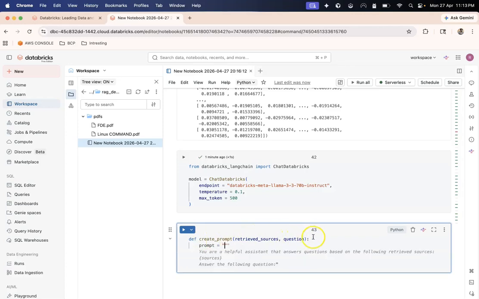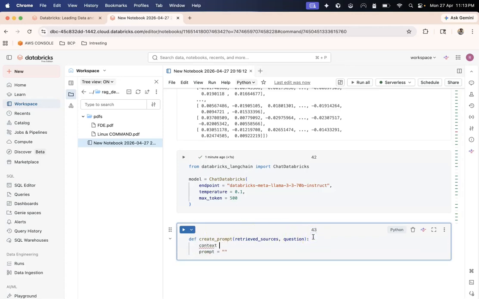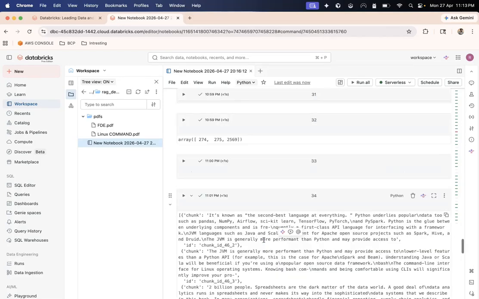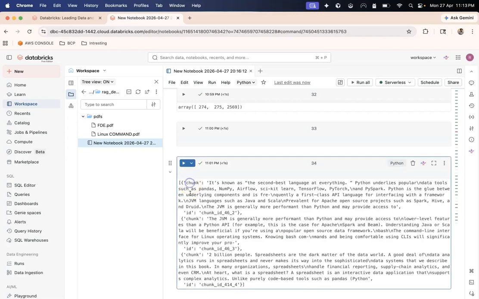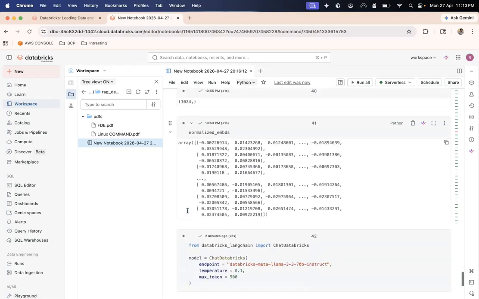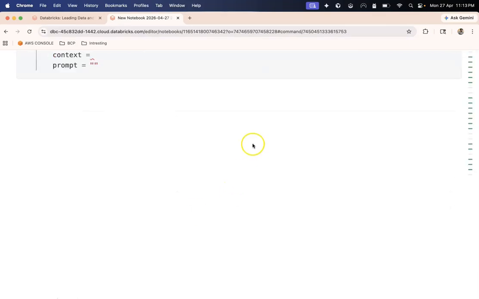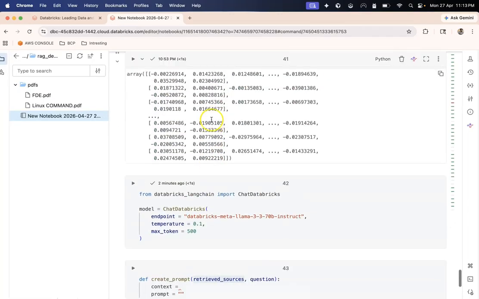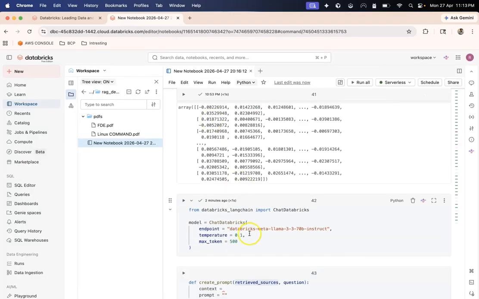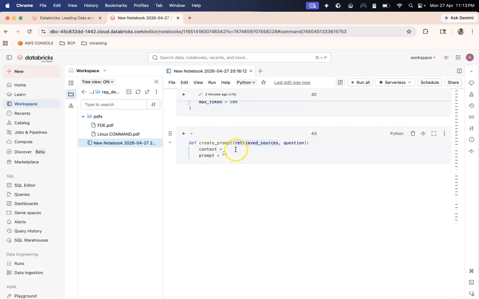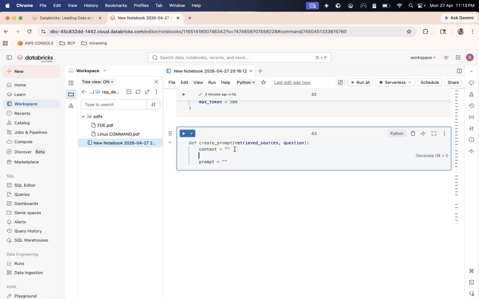Here I can define a prompt and I can define a context. Context will be directly coming from retrieved sources. Now retrieved sources has what? It has chunk, it has ID. You can imagine that your retrieved chunk can have many more useful pieces of information like file names, etc., so that those can be cited by the LLM. But here I have kept this very simple. So I will build this context.